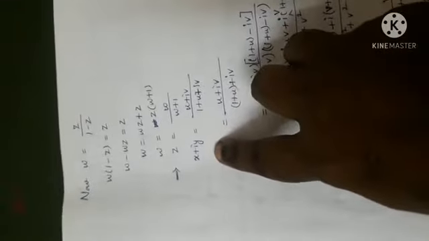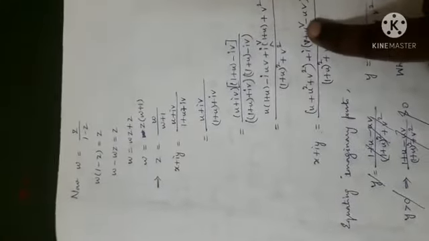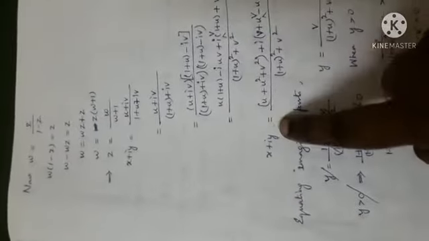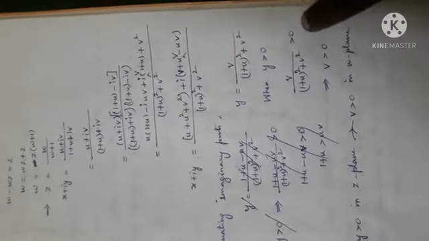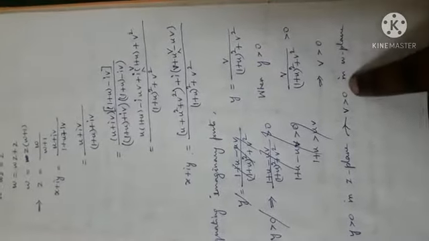So we need y. Let us write z as x plus iy and w as u plus iv. The denominator is a complex number, so multiply and divide by its conjugate, cross multiply, then simplify. Get the real part and the imaginary part. Since we need y, equate the imaginary part on both sides. When y is greater than 0, this part is greater than 0, that is, v is greater than 0.